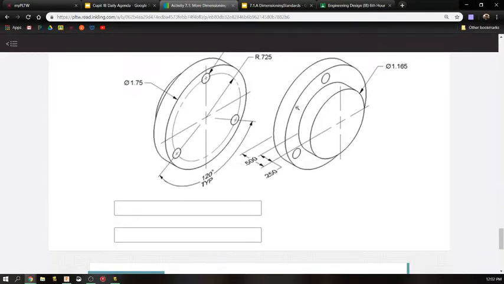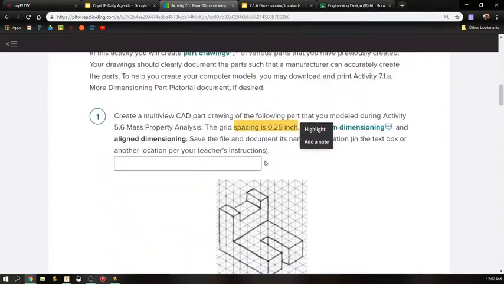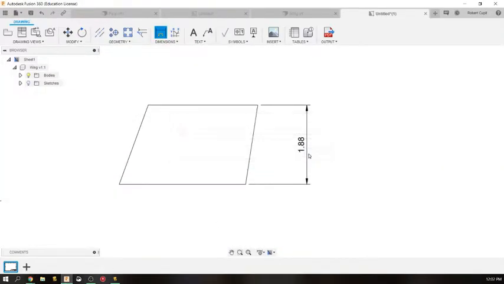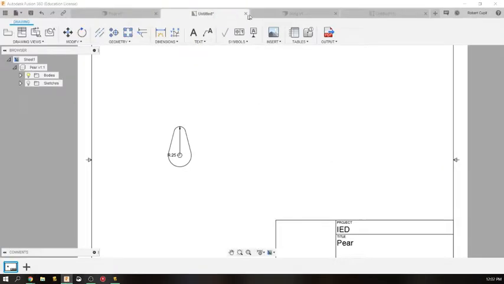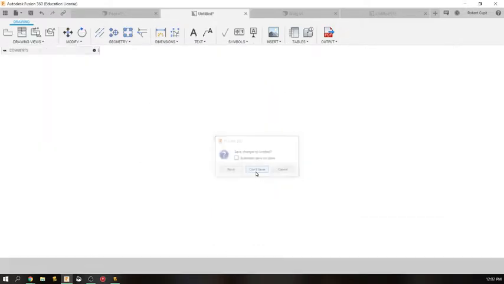There are 6 drawings. You draw those in a model. And I'm going to try and just show you from the get-go. There we go. So in Fusion,